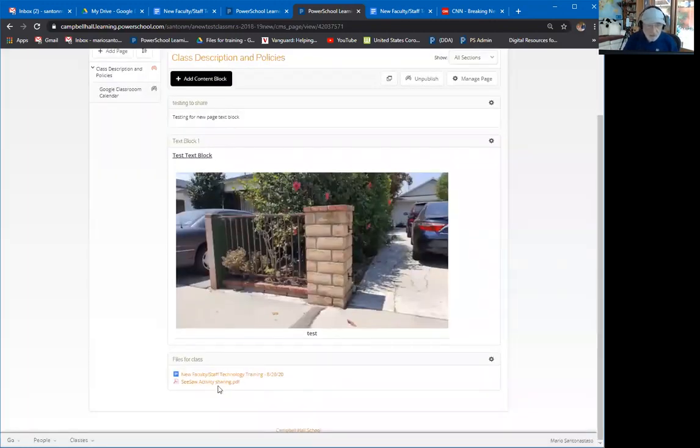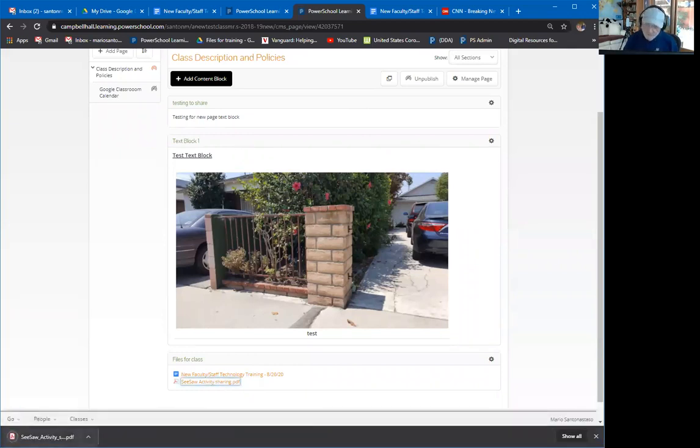So when a student clicks on this, the file gets downloaded. So it's a cumbersome process because now the student, let's say you put a Word file in here. Well, if it's a Word file, it probably will be opened by some other application on the computer. But if it's a strange file, the student will need the application that you created the file in to be able to open the file. So be conscious of what you put in file blocks. Mostly you could put in Google Drive files. Okay, so